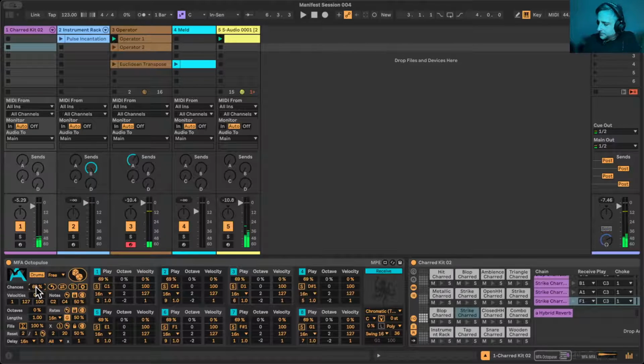Okay, so I think I've got this little MIDI controller here, a little nano control, and I'm just going to go ahead and MIDI map a few things to perform in real time. I've already got the pulse incantation, so maybe I'll just use it to gradually increase the drums, except for, let's see,